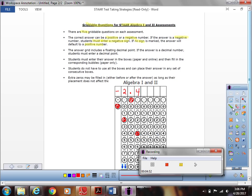Okay, so there's another example right at the beginning. Notice how they're consecutive boxes, one right after the other. At the very end. Okay, so those are 3 different ways that you could bubble in your answer. All 3 of those would be correct, as long as they are in consecutive boxes, meaning they're one right after